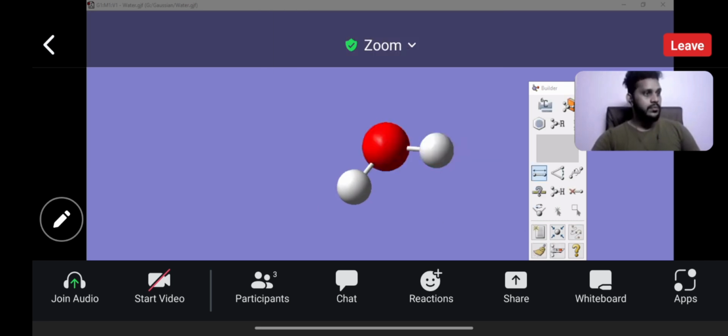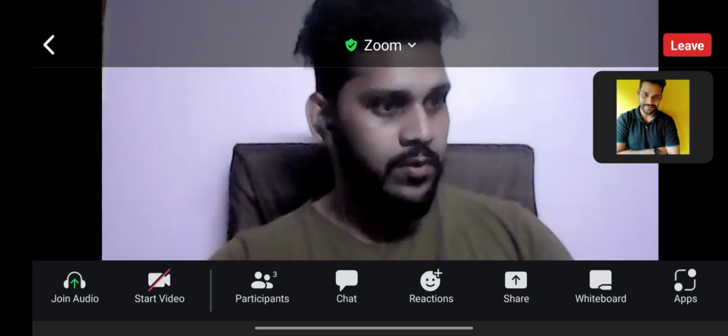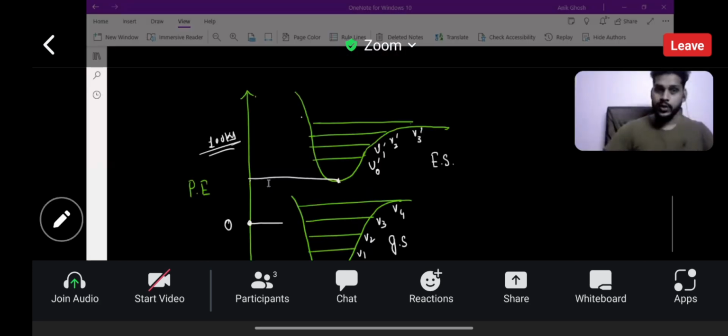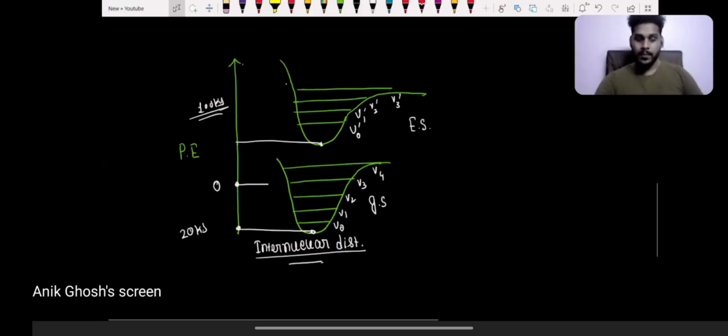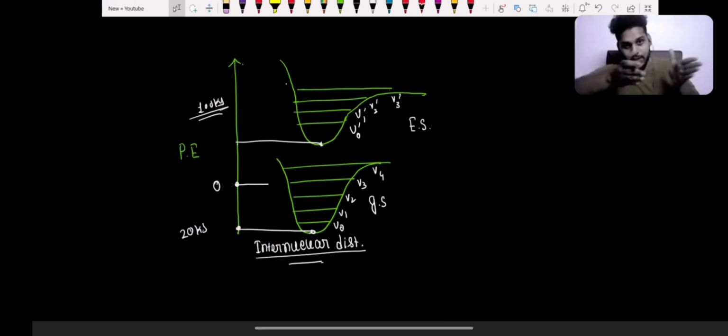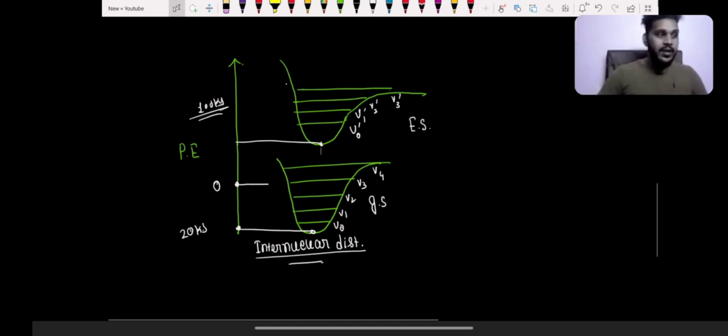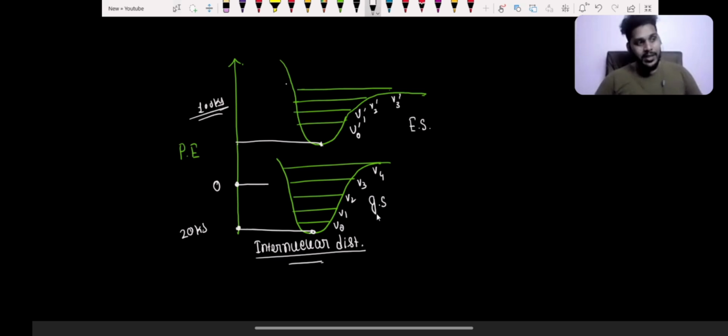So let's go back to the blackboard now. Like I was showing, here the internuclear distance is supposed to increase by a little bit. That part is clear. As it increases a little, my vibrational energy diagram is supposed to shift a little bit to the right hand side. Now, if I give it UV level energy, then what would happen? The electron which is present in the lowest vibrational mode is supposed to take a jump straight to the, let's say, from here, the electron is here. It's supposed to take a jump straight